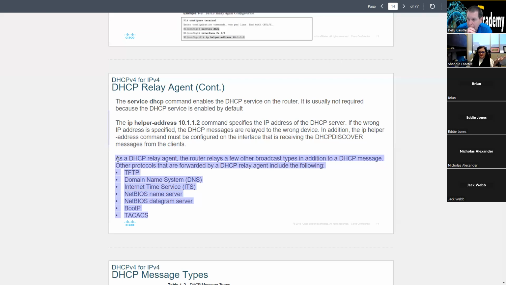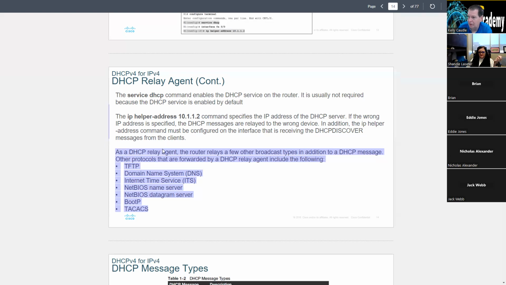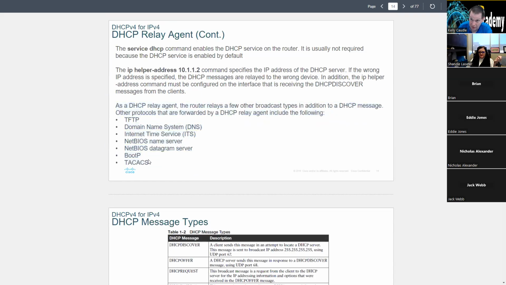For the other things? Oh, you talk about all, well, here's the other things it sends. It sends all these things here, which is not necessarily a good thing. The helper address will relay TFTP, DNS, NetBIOS, BootP, which BootP is DHCP. All of these actually get sent by the IP helper address. Now, the only thing you'd have to do otherwise is make sure there's a TFTP server running here, okay? Or the reason this has been somewhat of a problem is, what if you only wanted to send